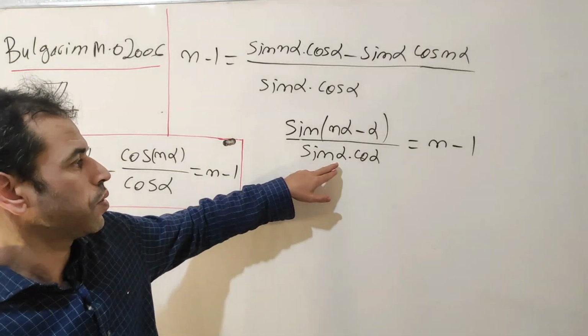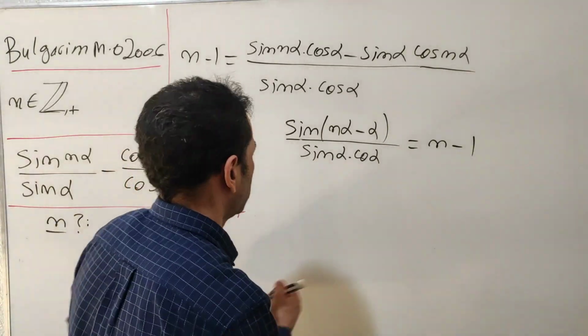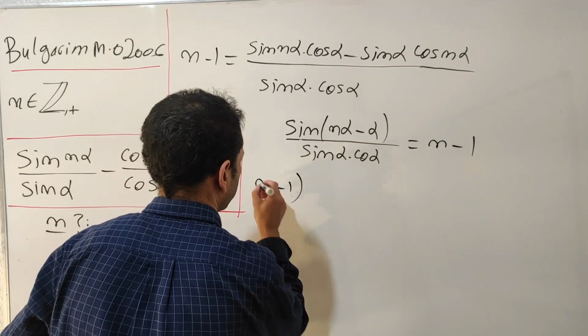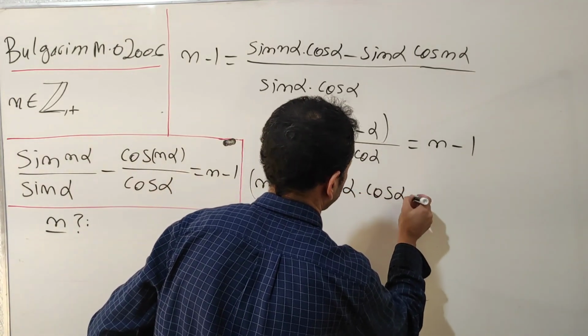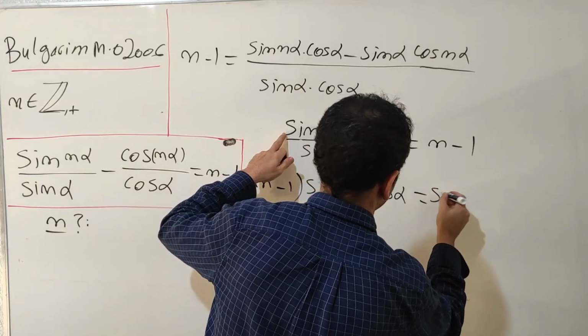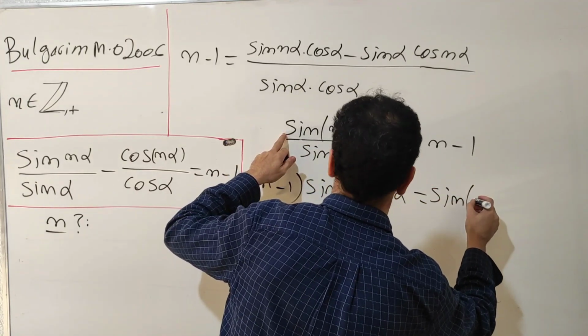Also, I'm going to multiply this term by this one. I get n minus 1 times sine alpha multiplied by cosine alpha, which equals this term, sine of